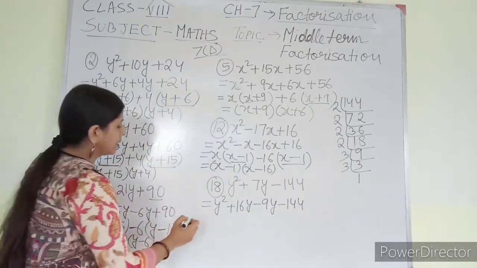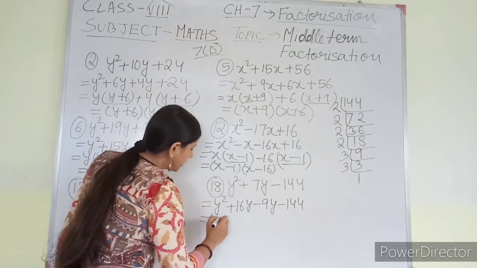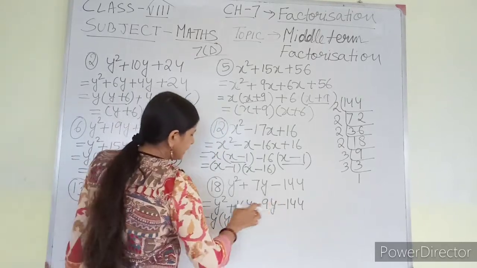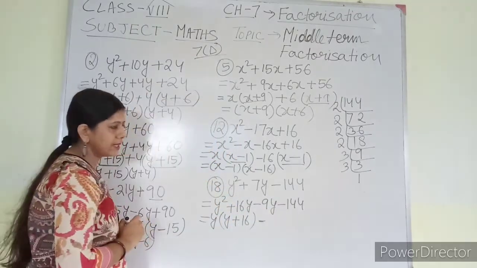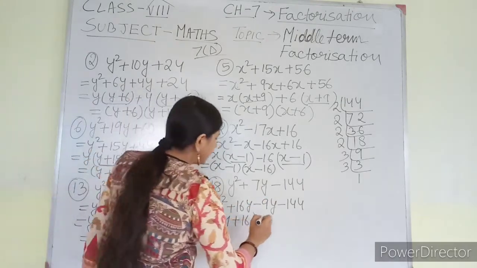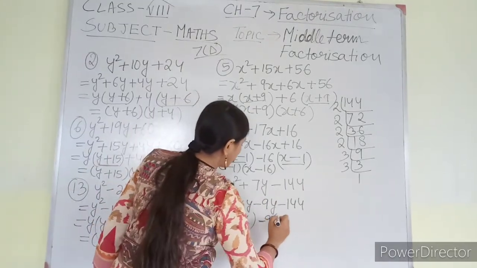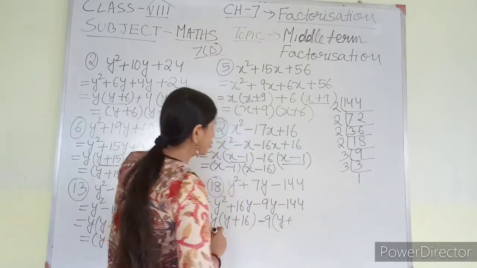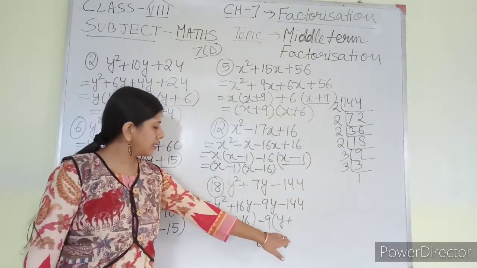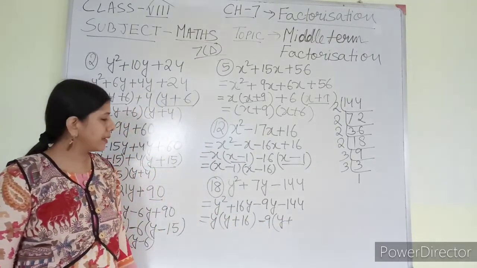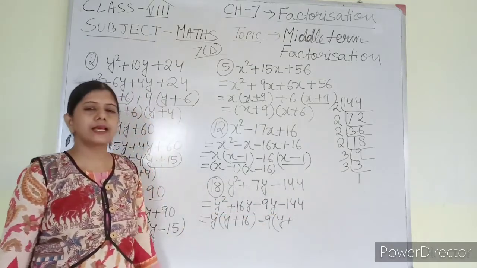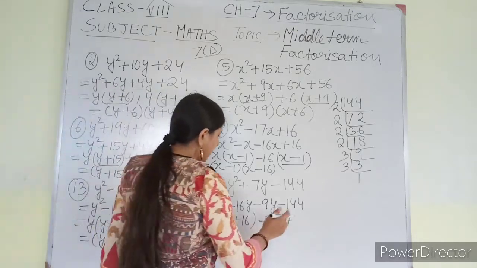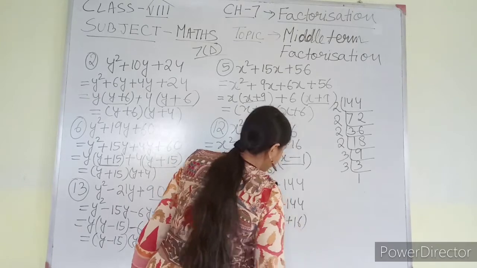Okay, got it? Now let us take the common. y common here. So here what is left? 16 left. In this place I will take the negative sign as common. Both are having a negative sign, and 9 I will take as common. So what is left? y. As I have taken the minus sign common, here it will be plus sign. These are certain small tricks that you have to remember. Already you have taken the minus sign common here, so I cannot write negative here. I have to write plus sign. Now 9 into 16 is 144, so I will write 16.